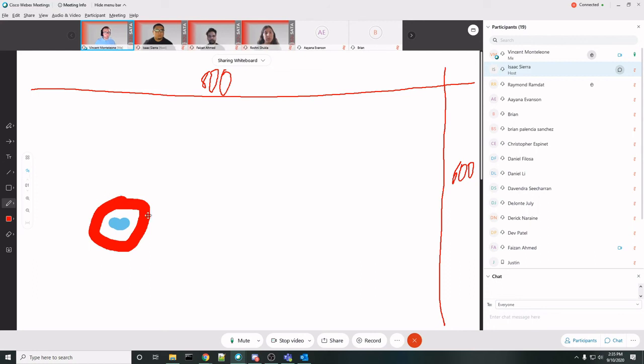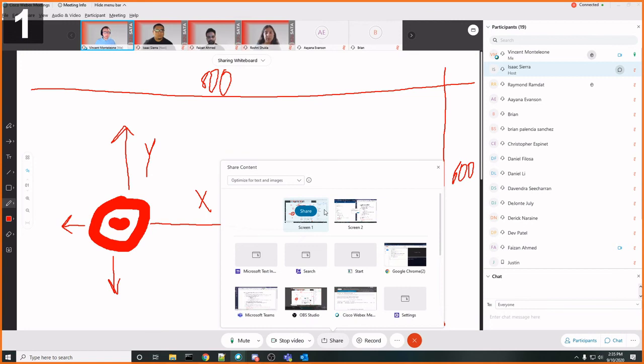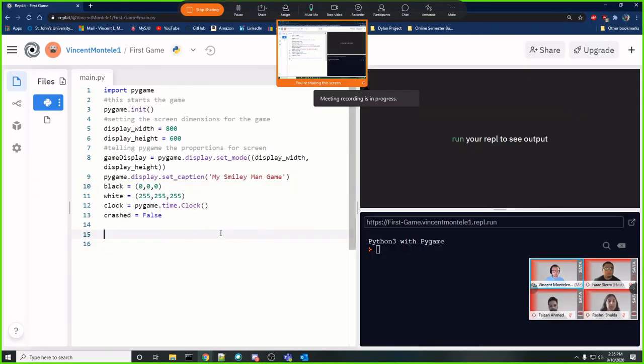So if we want to move him to the right, we're going to have to change his X. If we want to move him up, we're going to have to change his Y. And the same works with left and right. This is Cartesian values in math, right? So it's just as simple as thinking of a whole entire grid of X and Y values and then we're just moving our character around that grid by just changing his X and Y. That's the basic idea of how we're going to be approaching this game, and really how a lot of animation approaches how to do video games. So let me just share my screen again.